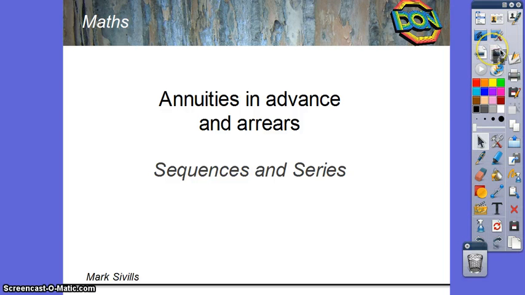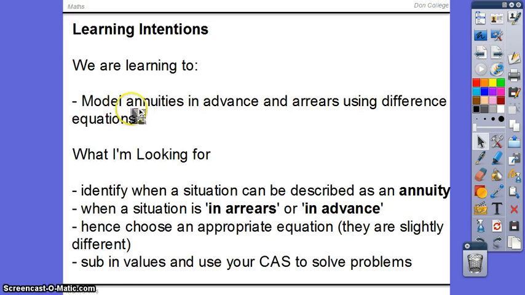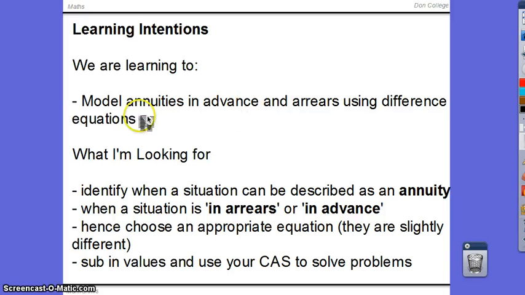Hi, this video is on annuities in advance and arrears. It's on the sequences and series unit of General Maths 3. We're learning to model annuities in advance and arrears using difference equations, and by the end of this video you